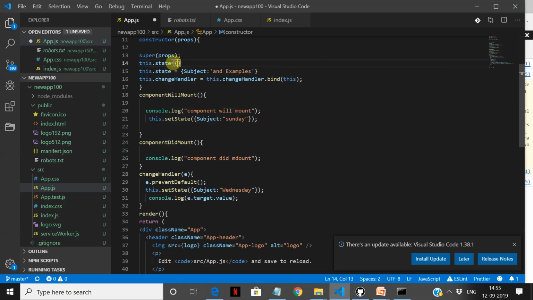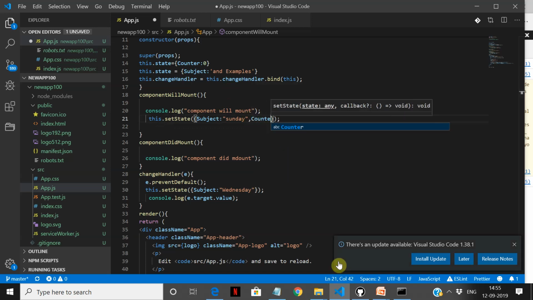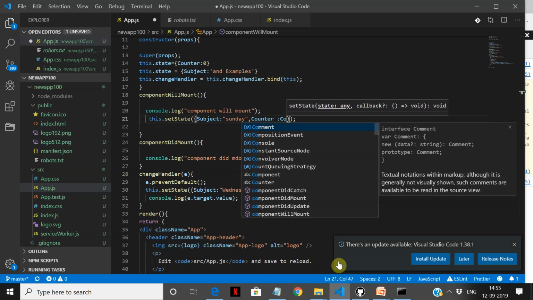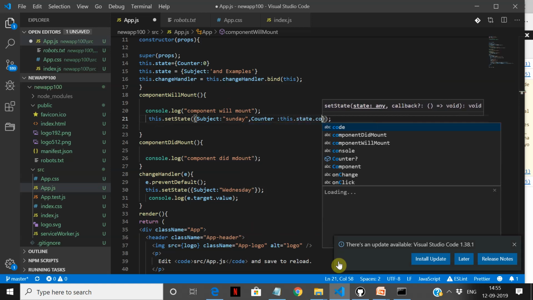Okay. So now let's do one thing. I want to increment a counter here. So let us introduce a new state, call it counter, so that we'll understand the concept more clearly. Say 0 initially. It has an initial value of 0. So now this is going to set state.